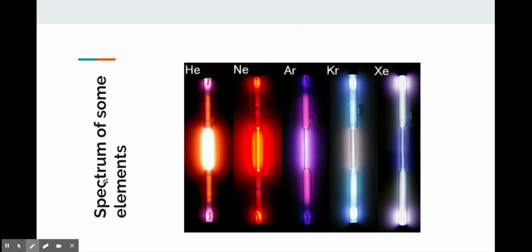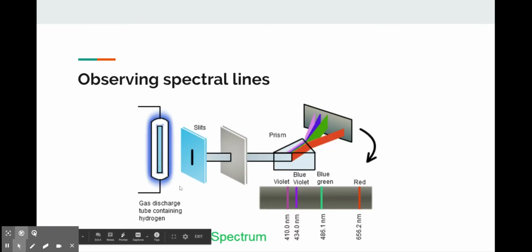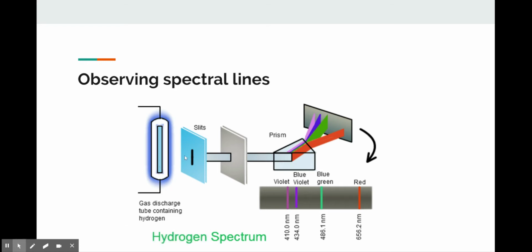But if you really want to understand emission spectrum, or the light that's given off by these gas discharge tubes, you need to take a look a little closer. And to look closer, you would take this gas discharge tube and pass it through some narrow slits to make sure you just had a fine beam of light that came through. And then you would take that fine beam of light and pass it through a prism. The alternative to this, we can talk about later. At any rate, you just want to break this apart into its different colors, and that's one thing that a prism does. And so you pass this light through a prism and you find out that each of those different elements will have kind of this